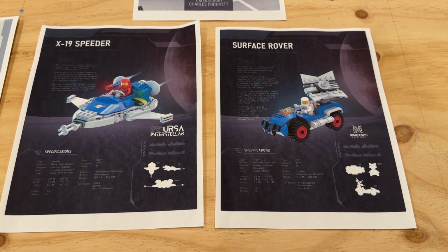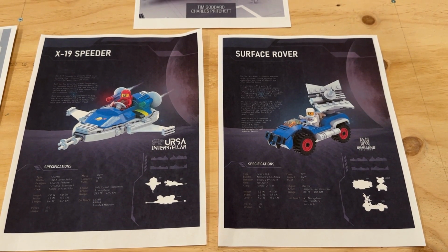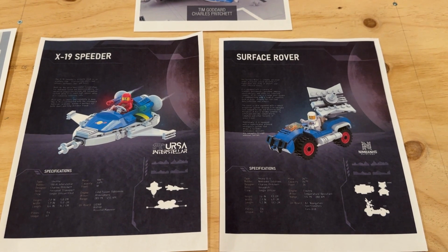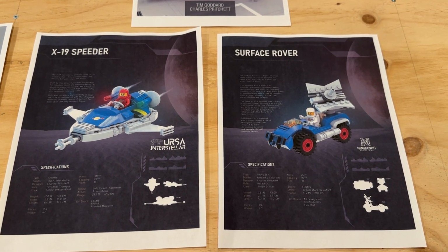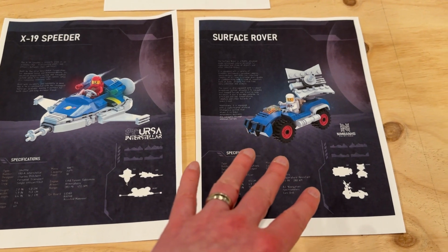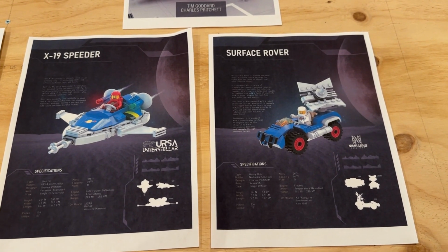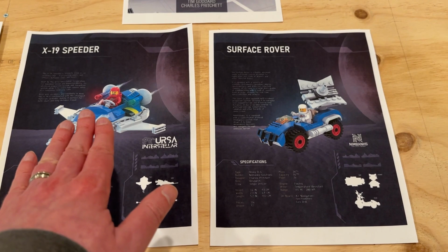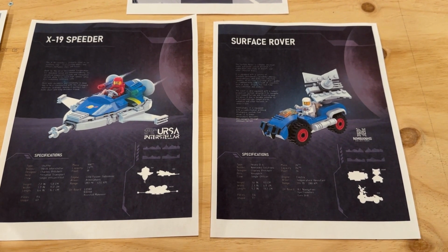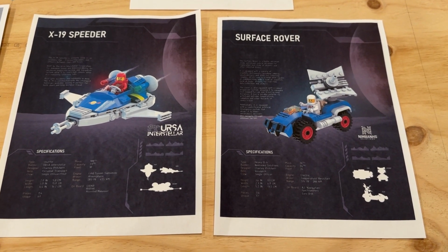Now, the last thing that I wanted to cover here is the spec sheets that show up in front of each section of the book for the model that is the focus of that section. So you can see here we've got the spec sheet for the X-19 speeder, and then this one is the spec sheet for the surface rover. Really cool pages. Again, drives home what I was mentioning with the excellent photography for each of those models. And it's just an interesting little bit of lore that they've put in here as well for each of these